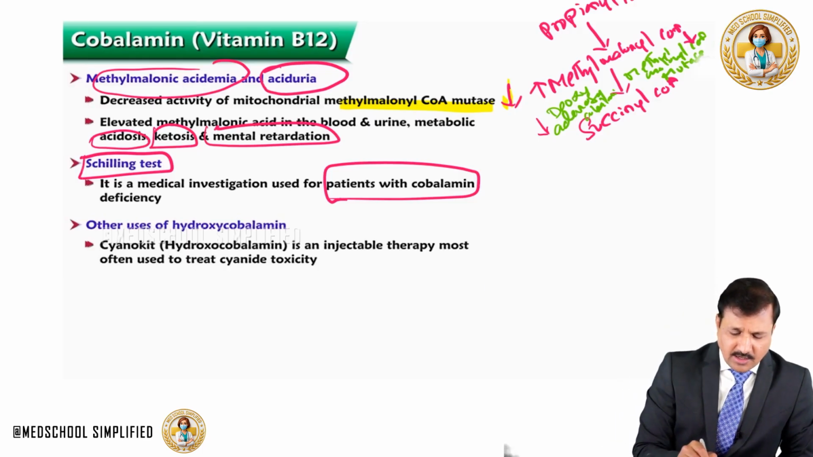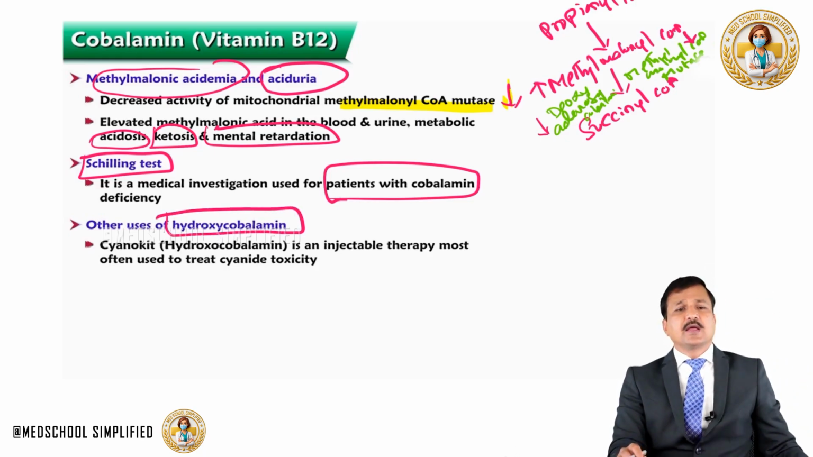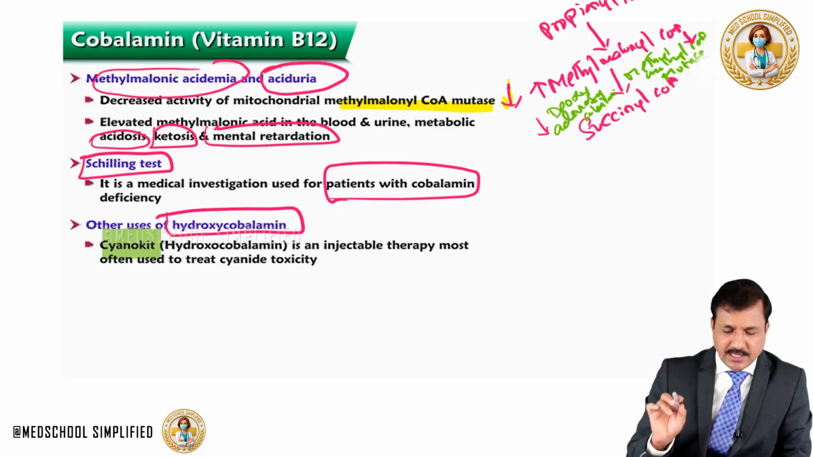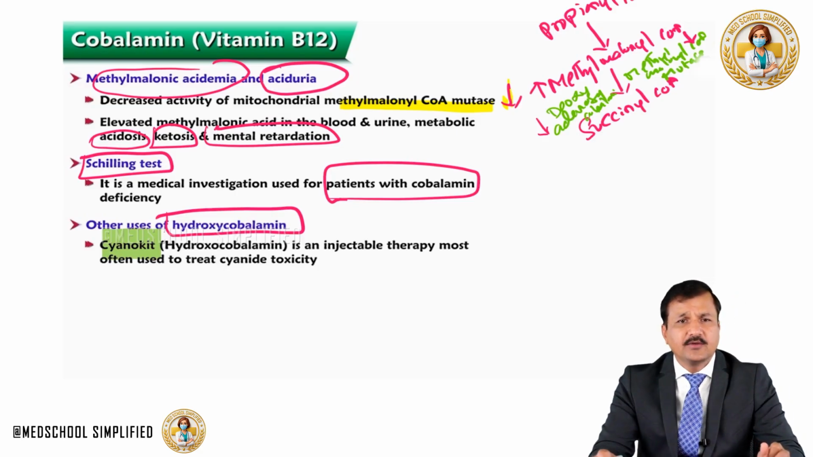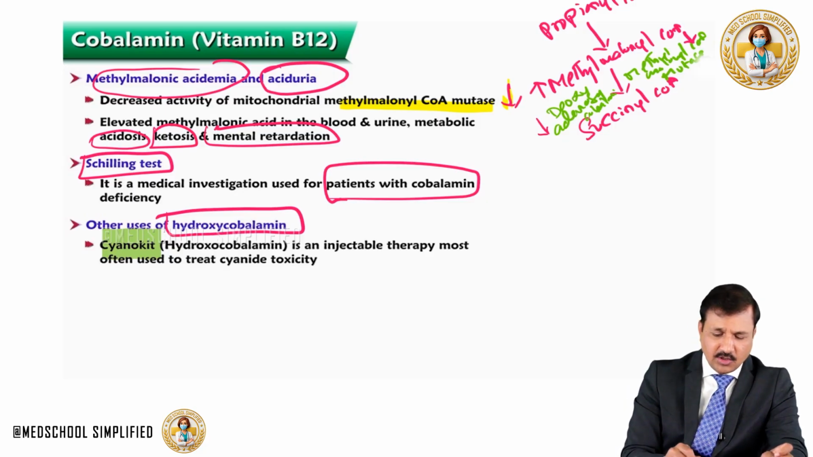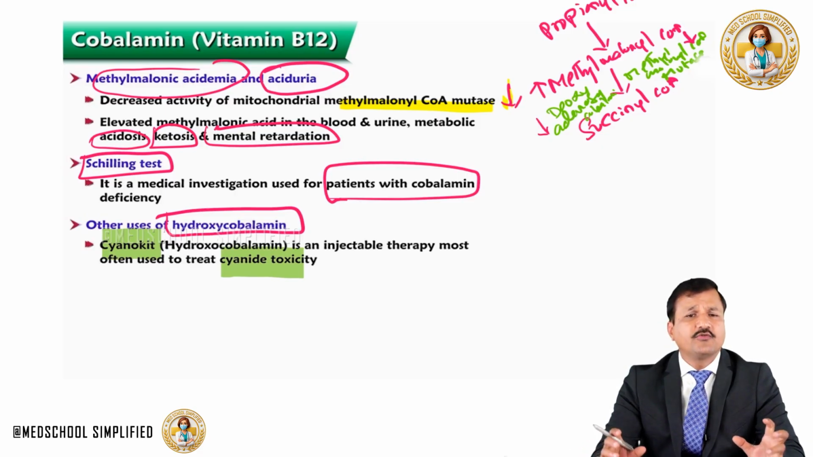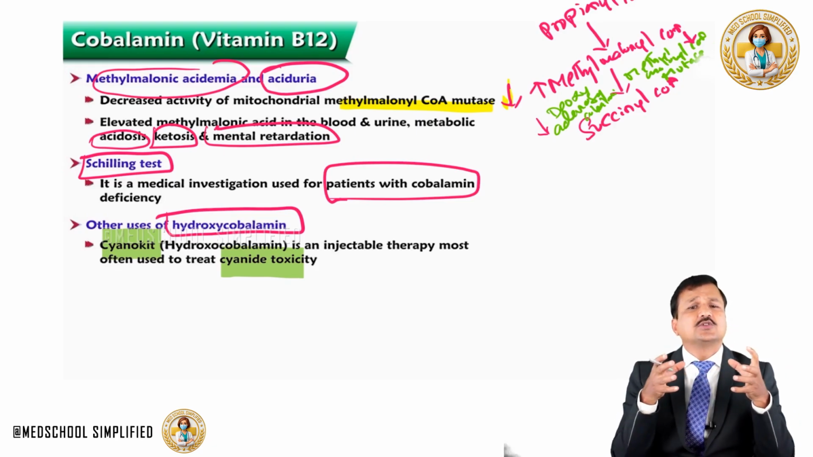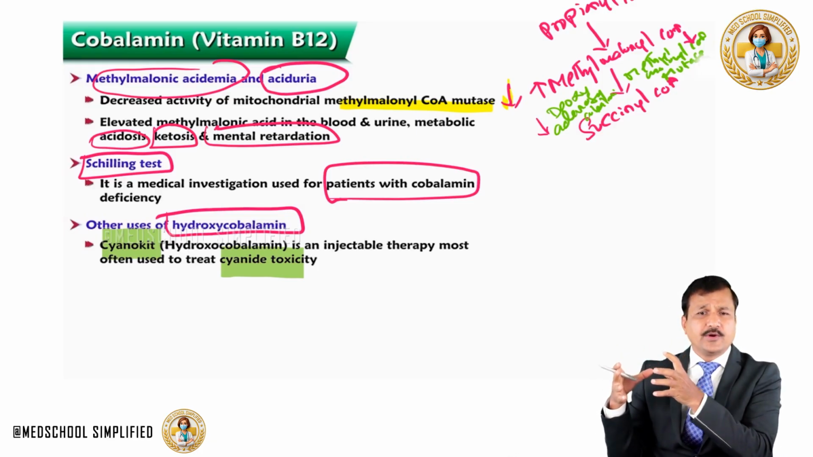Coming to other uses of cobalamin, especially hydroxycobalamin. Now, the hydroxycobalamin is used in something called Cyanokit. Make sure you remember this name, Cyanokit. It contains hydroxycobalamin. So, it is an injectable form of cobalamin which is used most often in treating cyanide toxicity. So, how does it work? This medication readily combines with cyanide to form cyanocobalamin. So, the hydroxycobalamin has affinity for cyanide to become cyanocobalamin, thereby it frees other proteins or enzymes that are